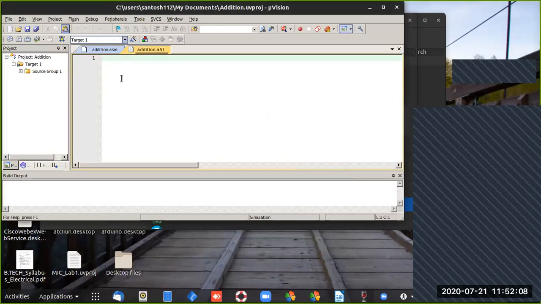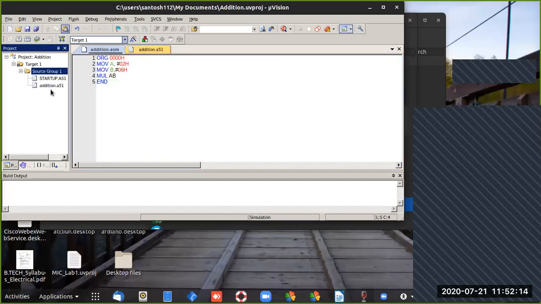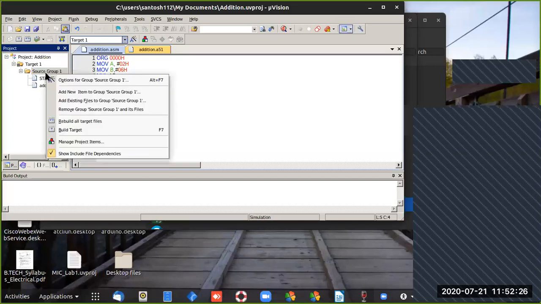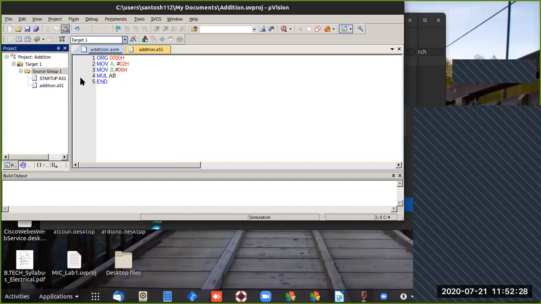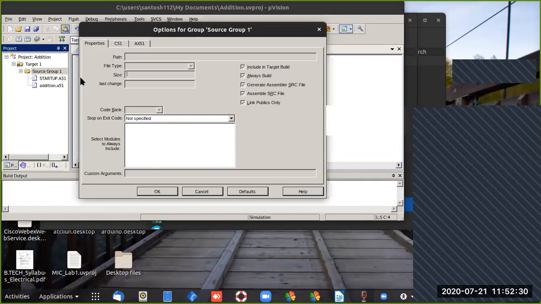Let's check whether it is added. A51 added. Actually, this should not come here. So some mistake is there. Let's rectify it. Options for target, property, C51.